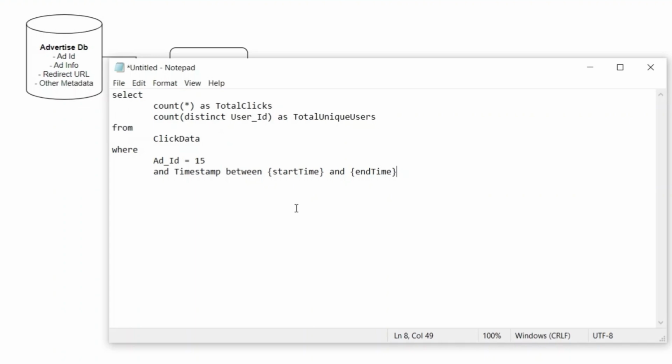So imagine the amount of data in 1 hour. Then if we expand the start time and end time to a particular day, 1 week, 1 month or even 1 year, consider the amount of data, because we are considering 10 to 15 million ads at a given point of time. So imagine the amount of data and imagine the latency,